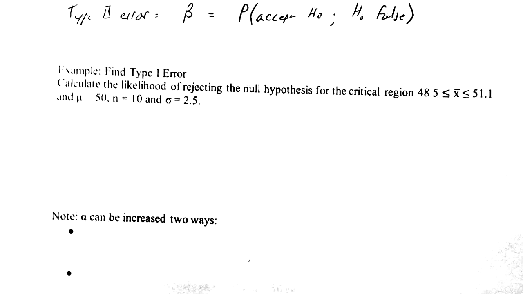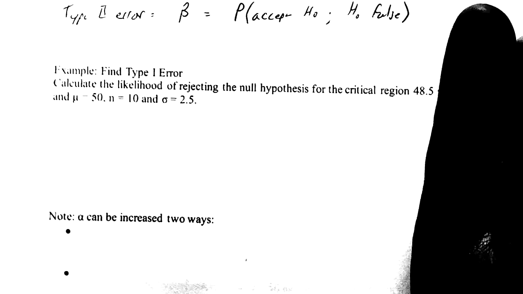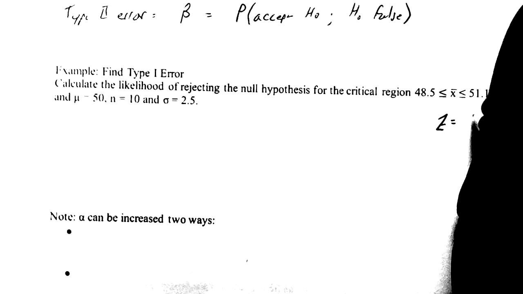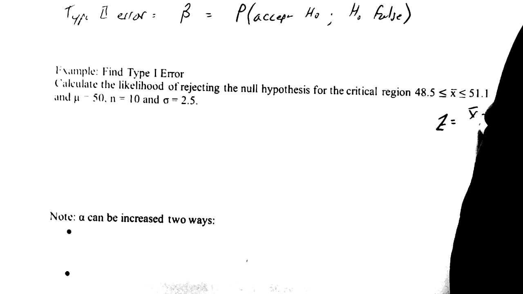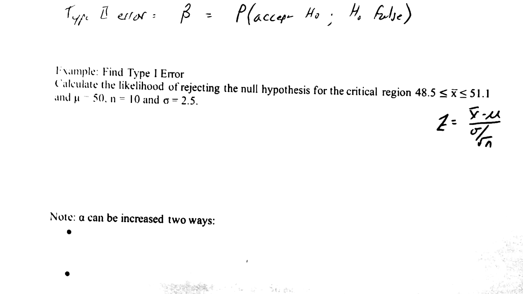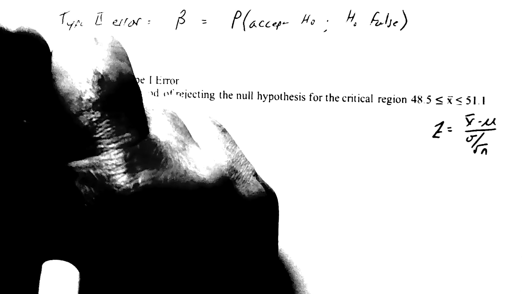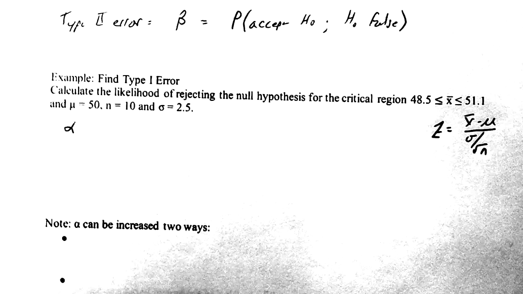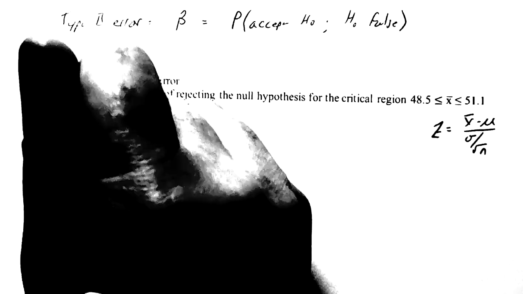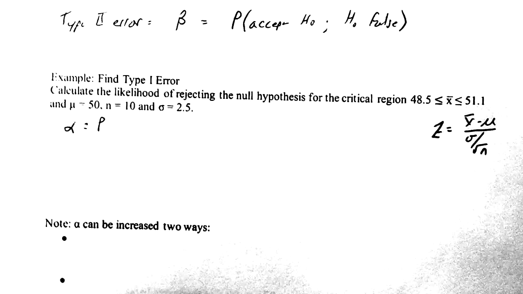And so we remember that our Z statistic is equal to X bar minus mu over sigma divided by the square root of n. And so we can calculate type 1 and type 2 error. The first one is calculate type 1 error. Our type 1 error means that we're calculating alpha, and that is the probability that